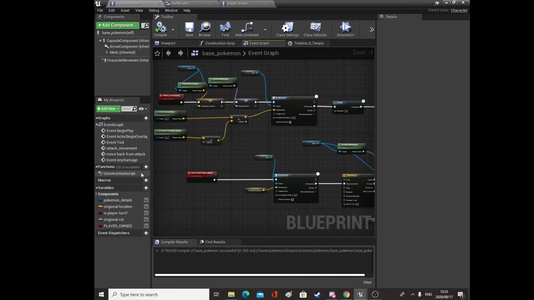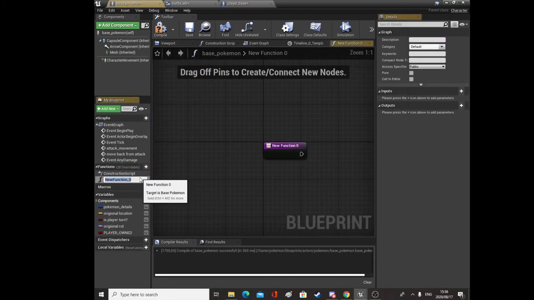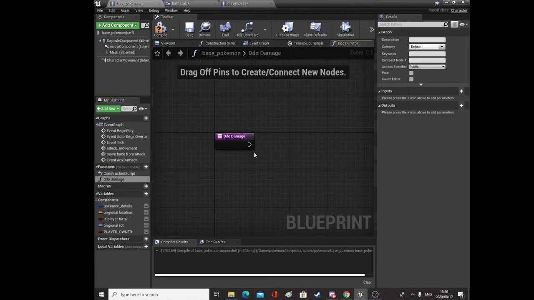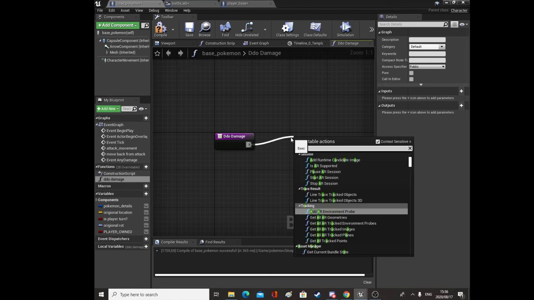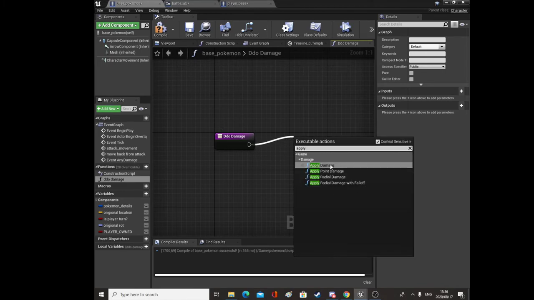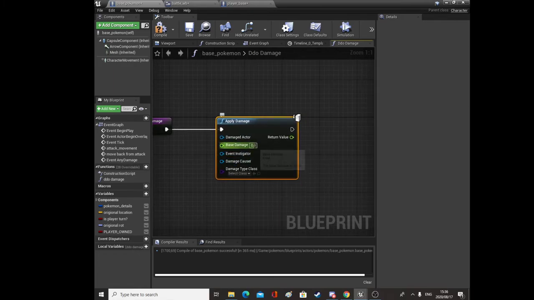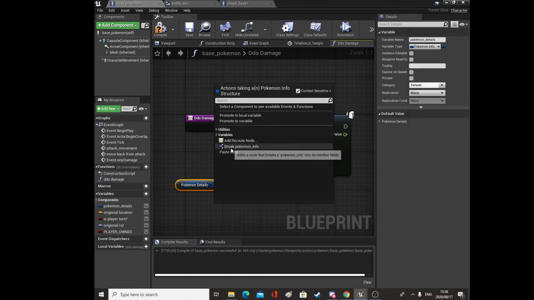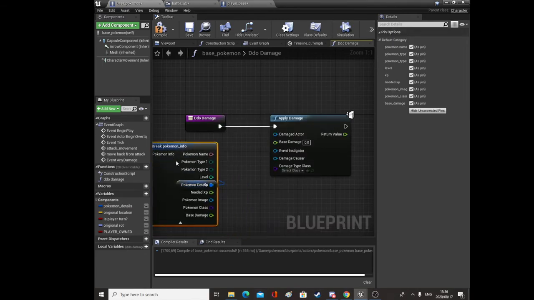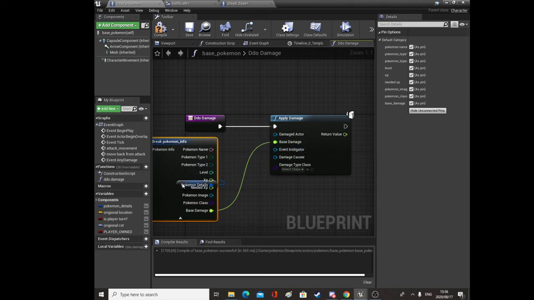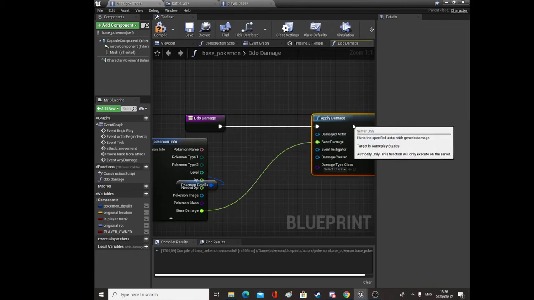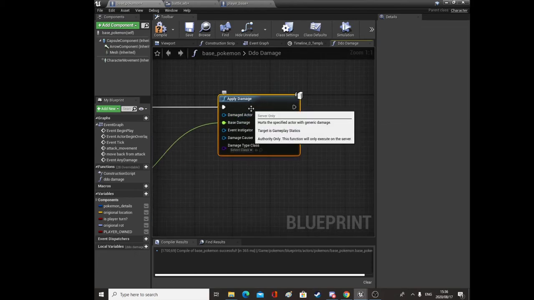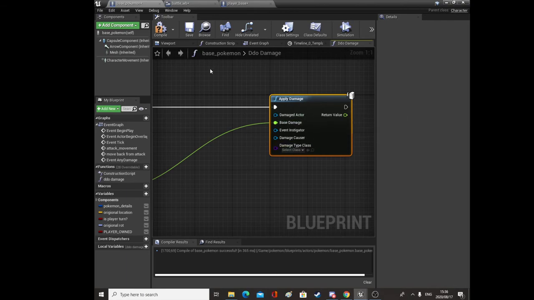We're going to need a function. We're going to create a function. We'll call this do damage, and on this we're just going to have apply damage, and we'll get our Pokemon details and break it, and we'll plug in our base damage, and that's just for now. We'll do it per attack because each attack's going to be different, and we'll have swapping attacks and that type of thing. Damaged actor should be